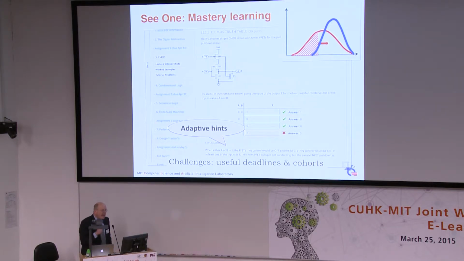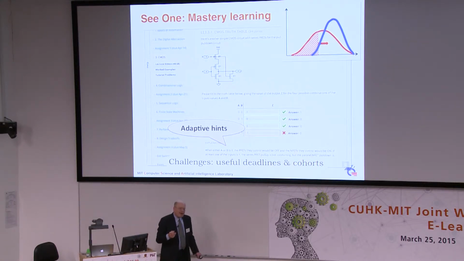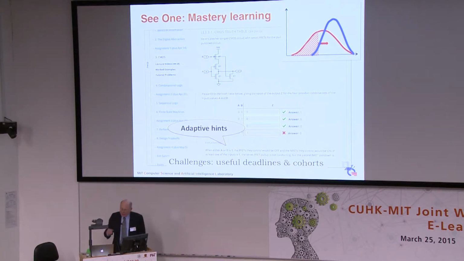The big problem with self-paced is that it's hard to keep people moving along. If I can do it anytime I want, maybe tomorrow is when I want. Today, I'm busy. And we all face that. We all have busy lives. And so deadlines, everybody goes, oh, deadlines. We shouldn't have deadlines in self-paced. But deadlines are what most of us respond to in figuring out what we have to get done today. So trying to think of a way to introduce deadlines into a self-paced program seems a little bit of an oxymoron. But I think we can build individual deadlines based on watching a student work. We can guess how long they should have for the next segment.